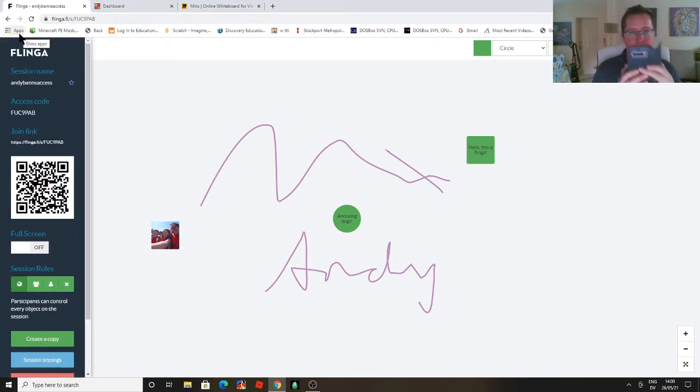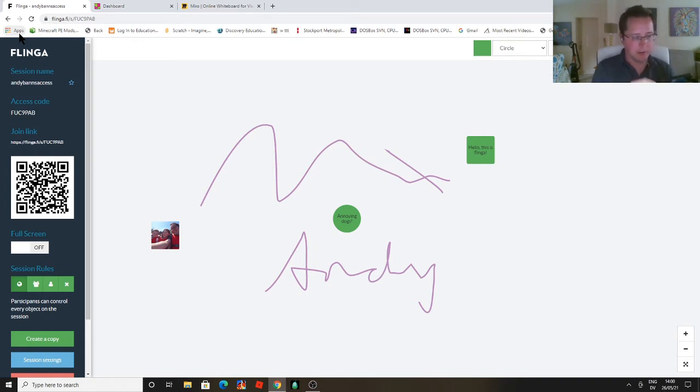So I'm just going to get my phone up. So I've just got my phone here, and I'm going to scan that QR code. All I have to do is point my camera at it, then tap on the website options. Now, hopefully, when it comes up, there we go. So I don't know how well you can see that. I've not got my phone hooked up to the computer at the moment to show you, but anyway,